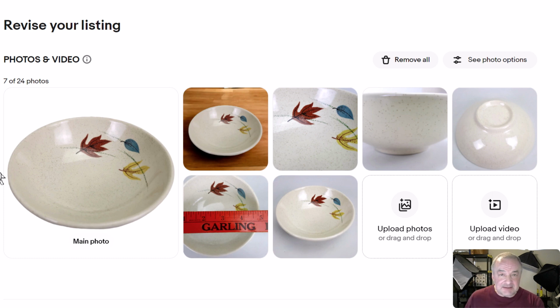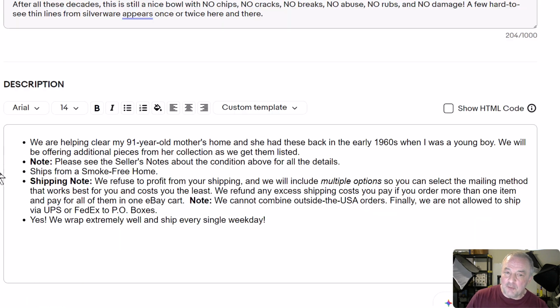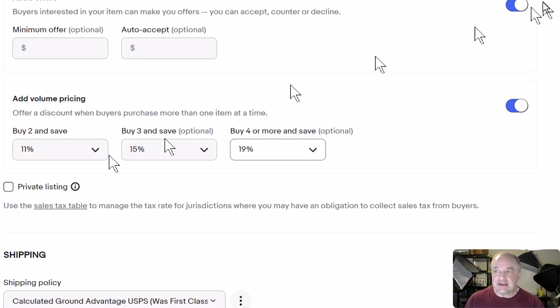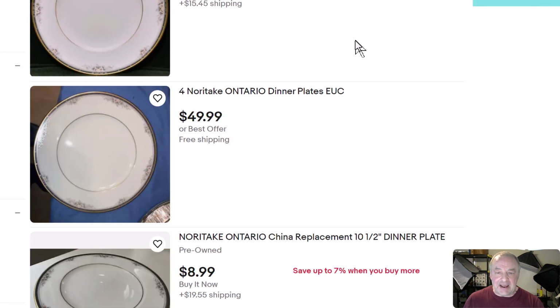You save on boxes, you save your time, you save everything. It's a great thing. It's a beautiful thing to be able to sell more than one thing. But you need to do it the right way. What is that? My way. Here's what you do. Anytime that you offer a quantity discount, eBay will tell buyers, this person has more than